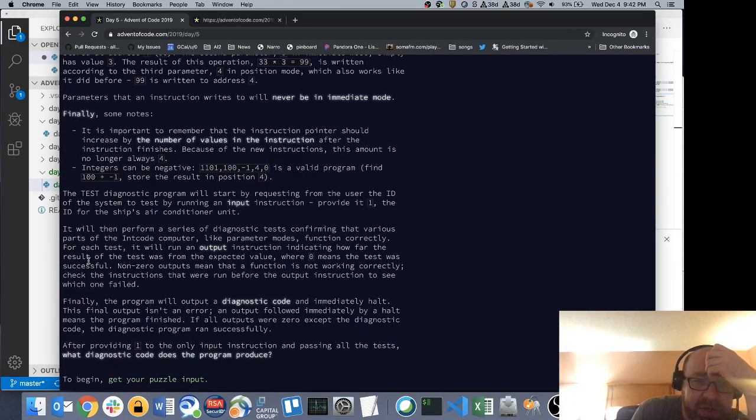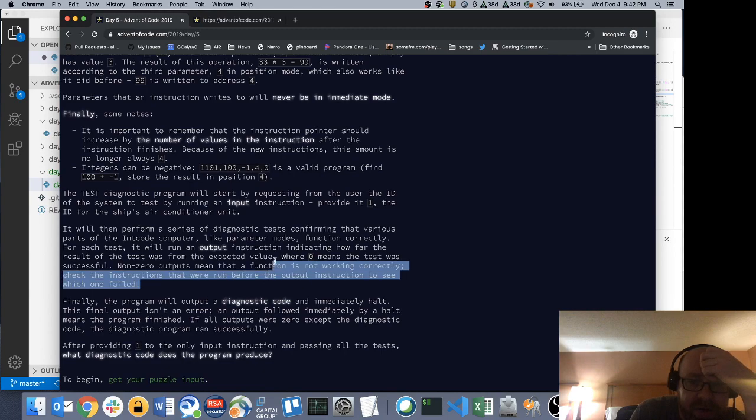The test diagnostic program will start by requesting from the user the ID of the system to test by running an input instruction, provided 1. It will then perform a series of diagnostic tests confirming that various parts of the Intcode computer, like parameter modes, function correctly. For each test, it will run an output instruction indicating how far the